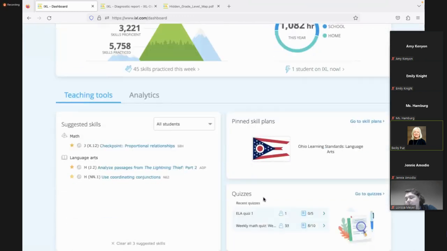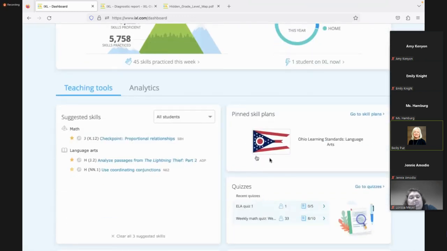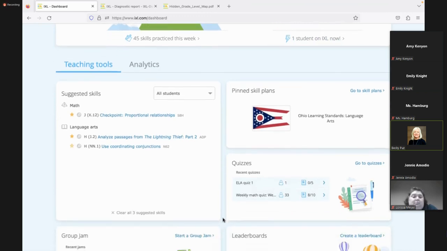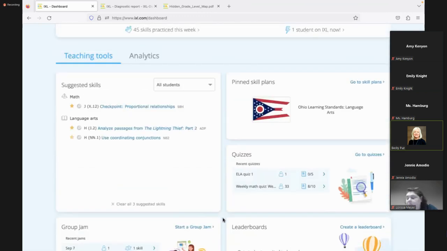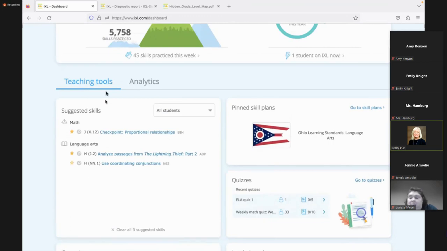But down below here, anything that you've pinned, like I pinned the OIO standards, that's sitting here under my teacher tools. Any of my quizzes, these are some of my favorite teaching tools. Here's my leaderboard I created and more. But over here off to the left, this is everything you've been starring. And once you no longer need something starred or assigned to your kids, maybe I don't need this one anymore, then just unclick it. And now they don't see that assignment anymore. We don't want that list of assignments to get too long for your students. So just unclick or unclick them all to